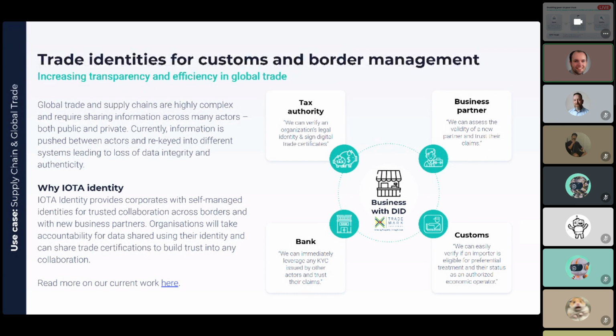So it solves multiple problems, one being all of the physical papers that need to be printed out, hand copied, and stuff like that, and also increasing the trust in that data, and really having a collection of everything that happened to one of those products throughout its lifetime. And you can also find more information about it in a link here. I'll make sure that I link these slides right after today's session.